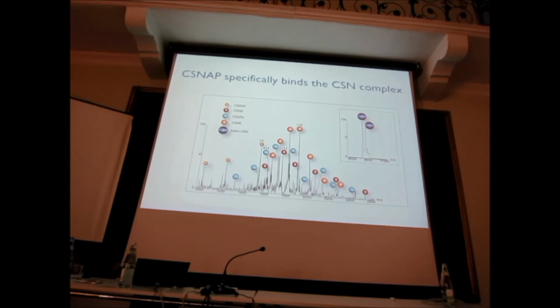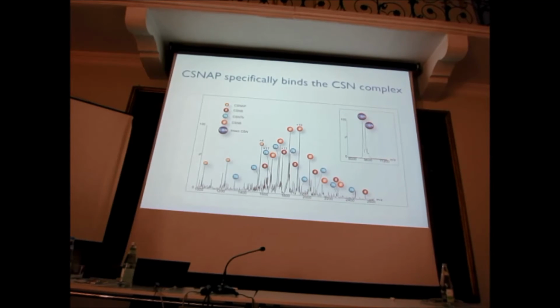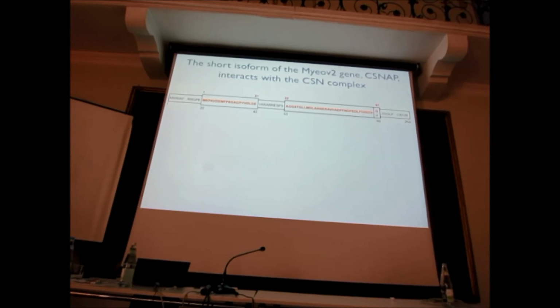At this stage, we also turned to biochemical and cellular methods in order to validate that CSNAP is indeed an integral bona fide subunit of the signalosome, and I'll just show you a few results from this. One of the first things that we did is that we generated an antibody against CSNAP using the full sequence of this small protein. But here is a place to mention that if you go into the data bank